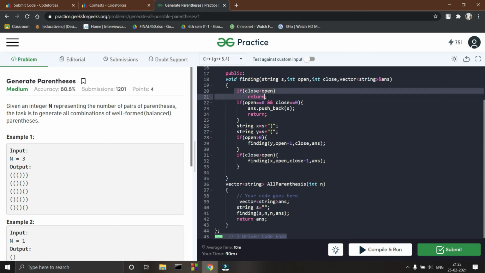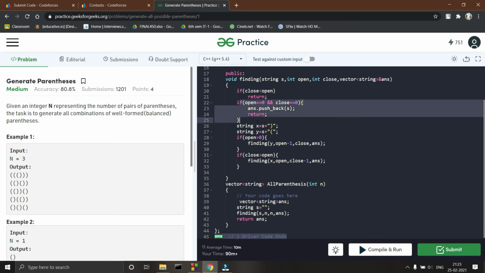So now if close is less than open, then we have to return, because this is not a valid permutation. Okay, if open is exactly equal to 0 and close is exactly equal to 0, it means our string is now completed. Okay, so I have pushed it into my vector.